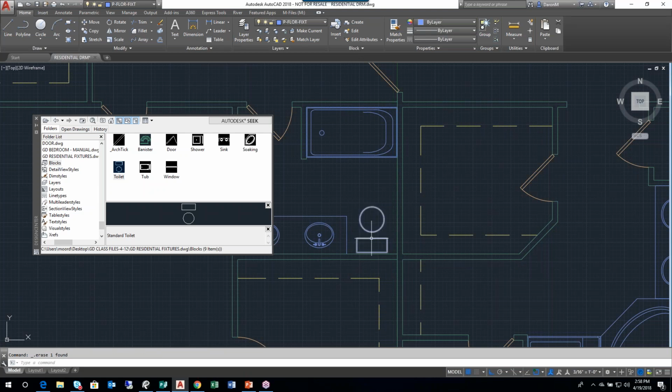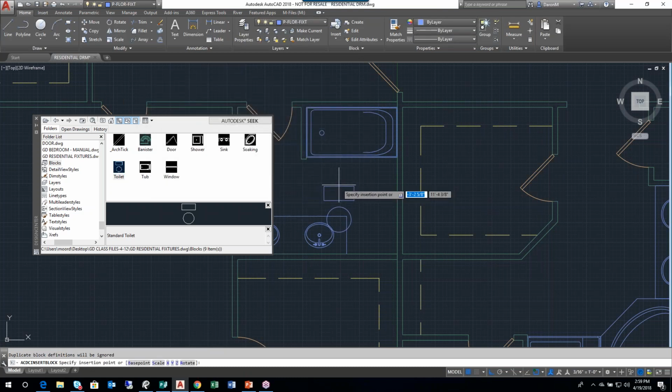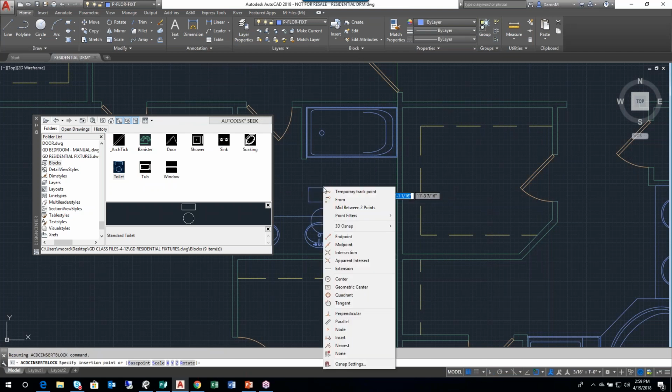If I choose to get fancy schmancy, it would look like this. I'll delete this. From page 22 in the manual, we had this override menu for object snap, and I don't always go into that command because it's so obscure, but I'll go into it now. I'm going to double click the toilet block, click OK, and now I'm going to go into my override menu. The way we access the override menu is hold down the Shift key and then right click the mouse. So Shift right click brings up this object snap override menu